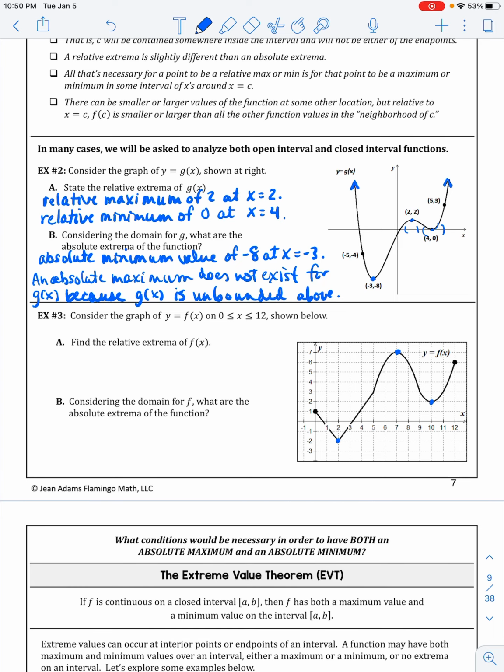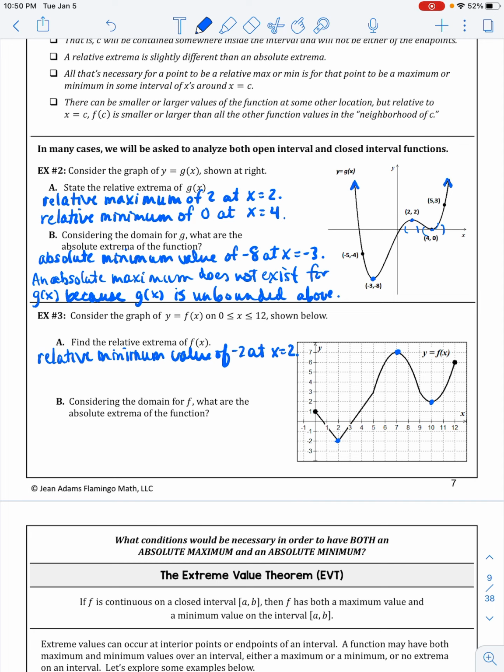So we've got x equals 2. There is a relative minimum. So let's write that, relative minimum value of, it looks like -2